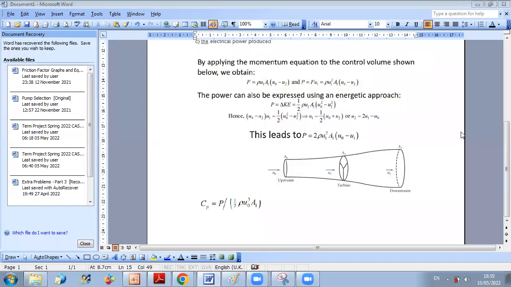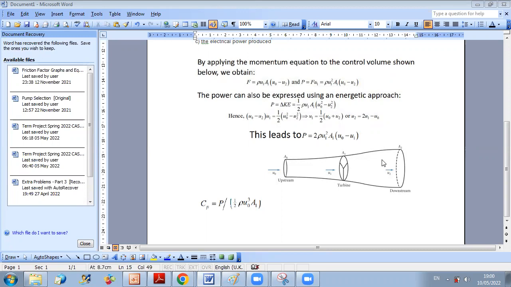Okay. So we were talking about the coefficient of performance. It's like if you want an efficiency for the wind turbine. So how much I can extract over what is the maximum power that is present in